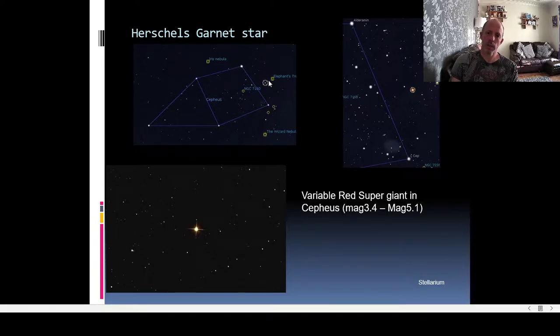Then this star here, just about halfway between the base stars, and you come up a short distance and you'll see this star here. It's called the Garnet star due to its colour. It shines quite a nice hue of red, and it can vary from mag 3.4 to mag 5.1,